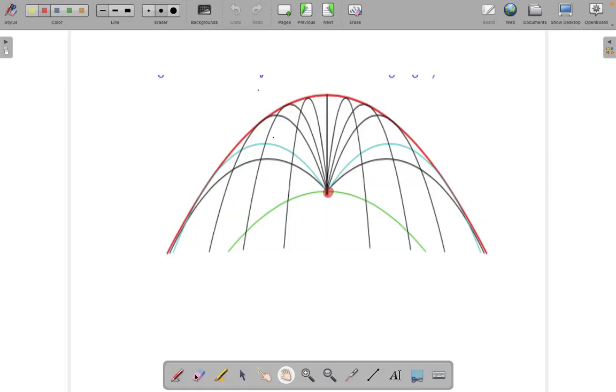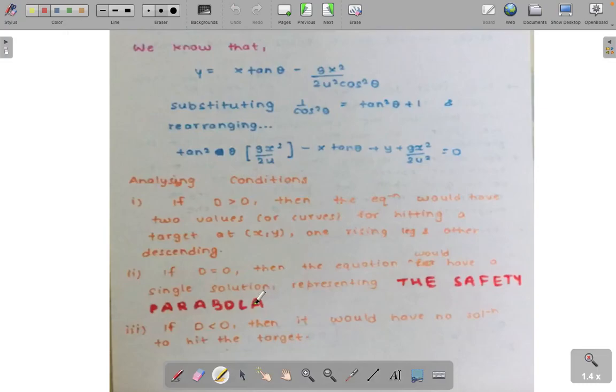So it means that, consider there is a point at x comma y, and we are considering that the coordinate axis is from this point where the cannon is located. So this is that point x comma y. So if d is greater than 0, then obviously this quadratic equation would have two roots,